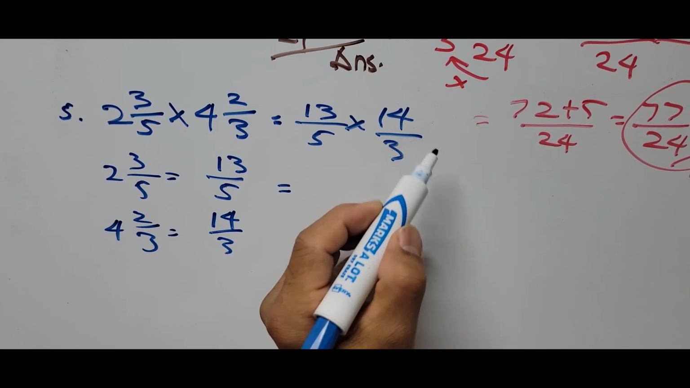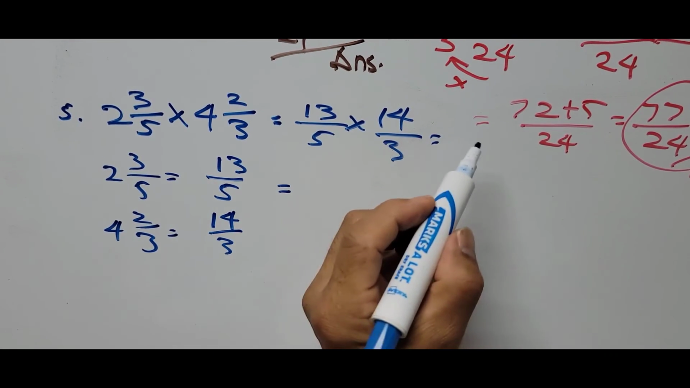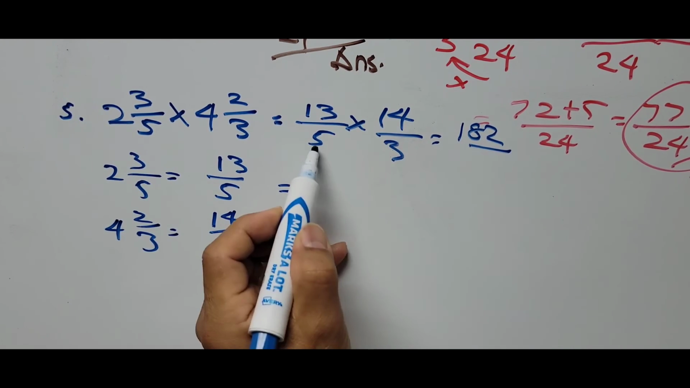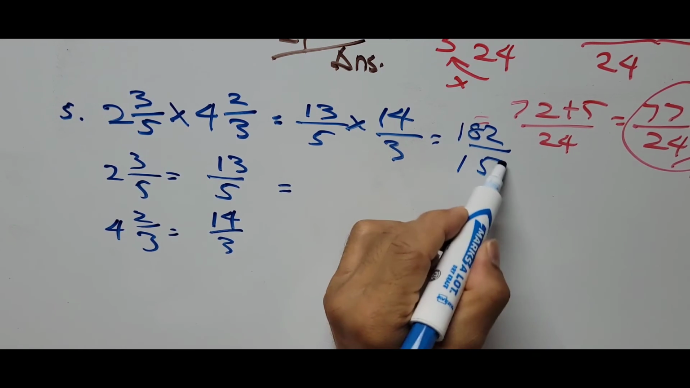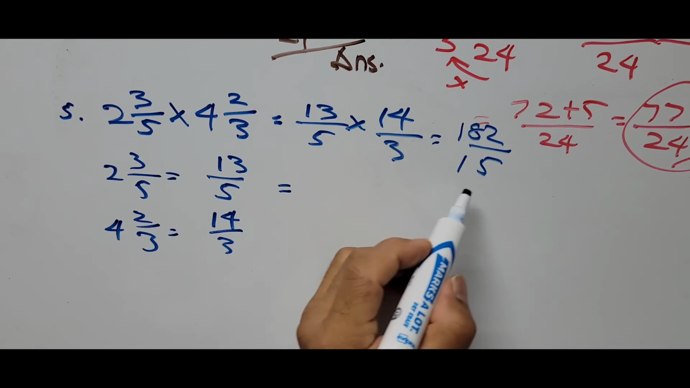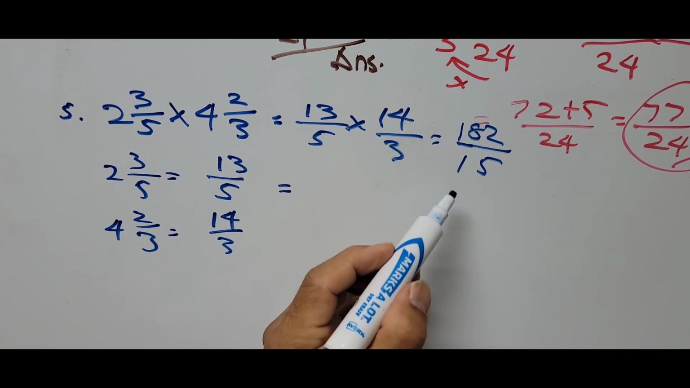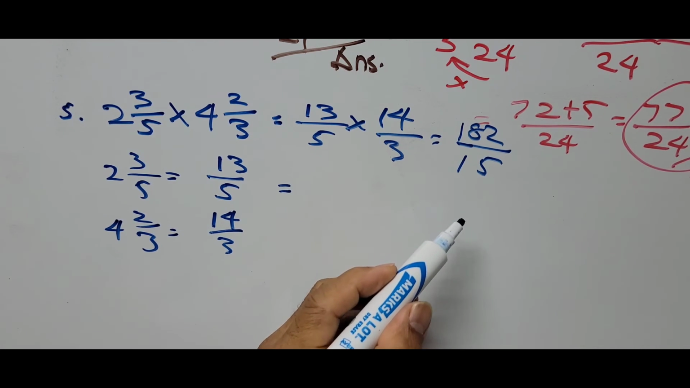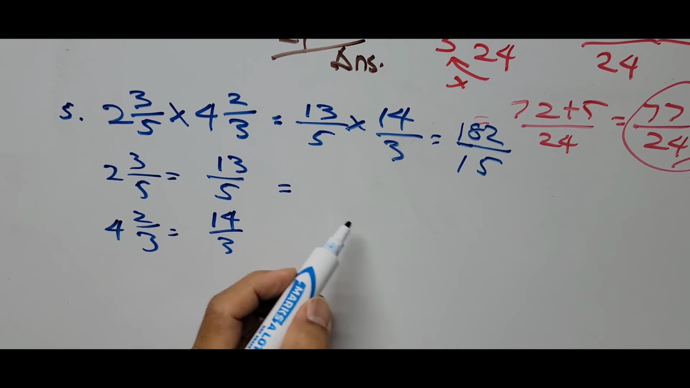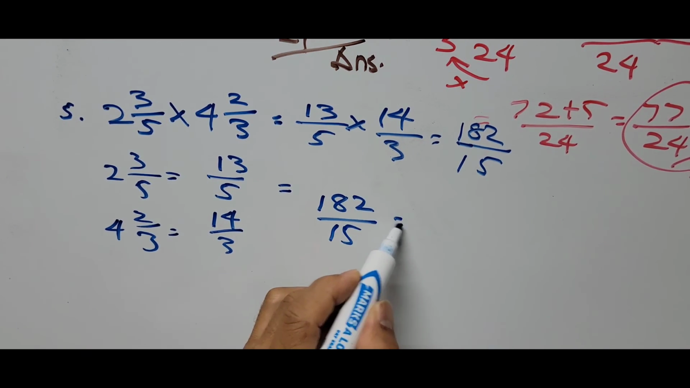So we have here now 13 times 14. That is 182. Divided by 5 times 3 is 15. So now, is there any way we can reduce this to lowest terms, or we can convert it back into a mixed number? So let's do that. So that's 182 over 15 equals